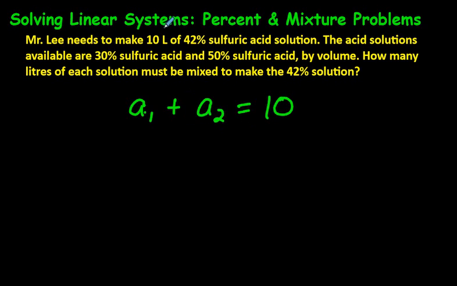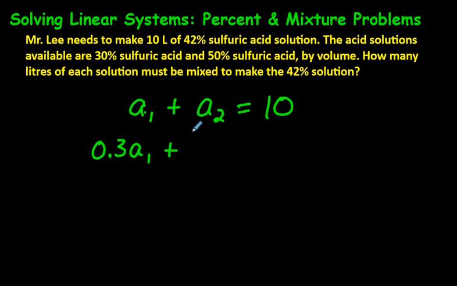Now to do a linear system, we usually have two lines, one above the other, so I'm going to write out another line. This time we're not going to focus on the volume overall. We're going to focus on just how much acid is in each one. From the first solution, it's going to be 30% sulfuric acid. Remember, 30% can be written as a decimal. So 30% of A1, and you could put 0.30 if that makes it easier for you to understand, but that 0 wasn't really necessary. So I'm just writing 0.3 A1